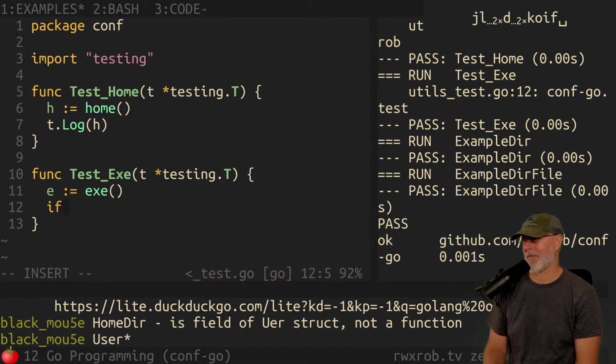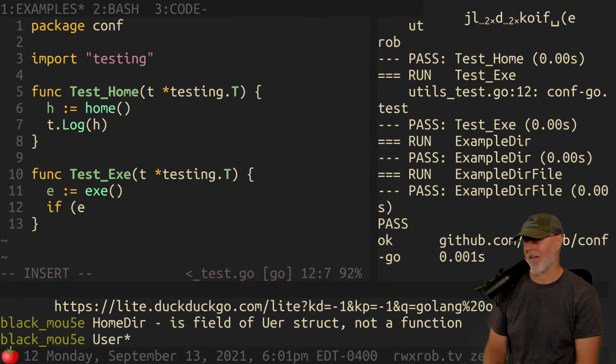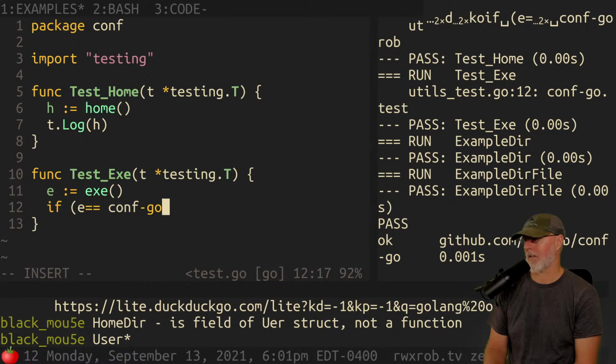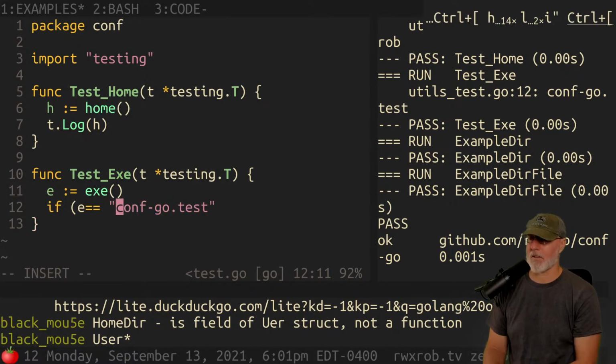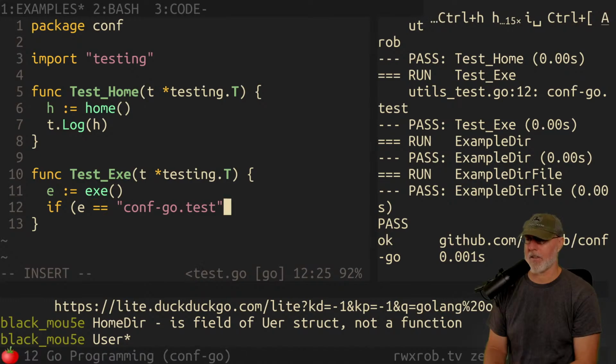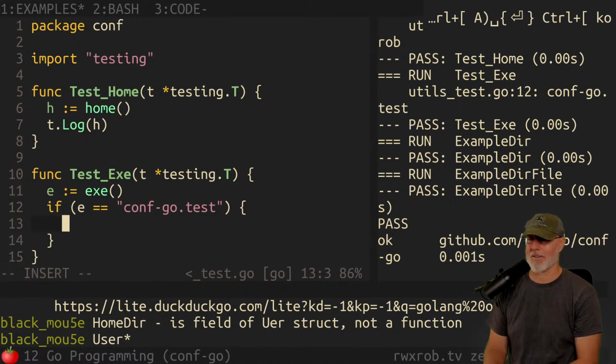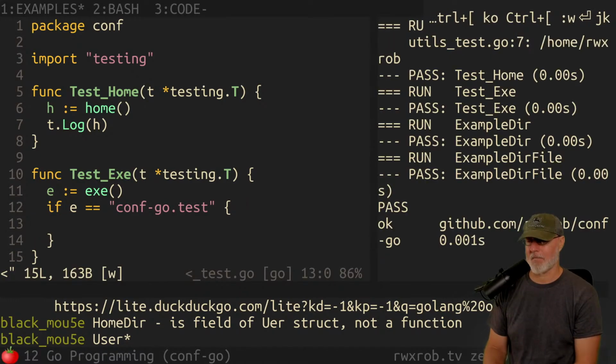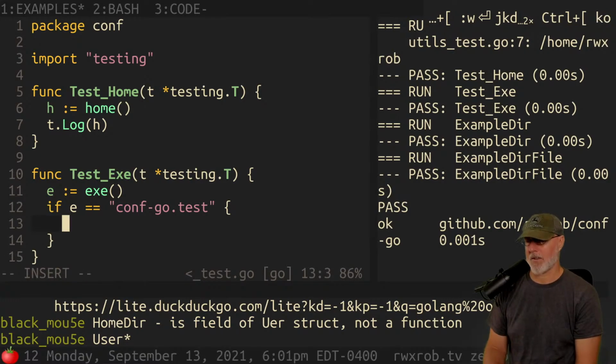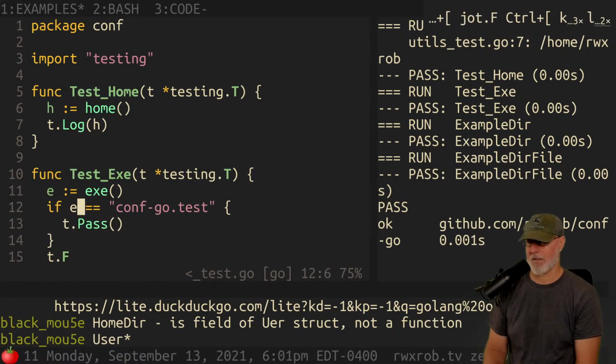So you can say if E equals conf-go a test, which it always will. You can't use single quotes in Go. That means something completely different. You got to use double. I screw that up all the time. So if E equals conf-go equals test, then T dot pass.